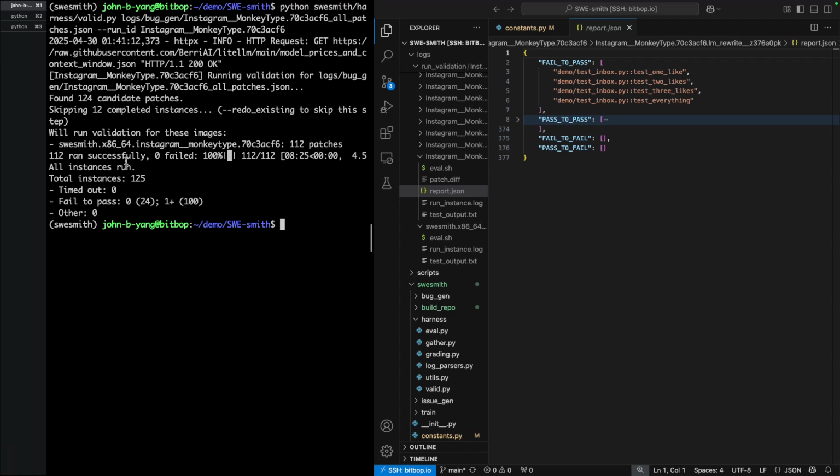At the end of this script, if it finishes running, it'll show you some fast facts. So it'll show the total number of instances run. I think this might be an off by one error. It should be 124. And sometimes the test might time out, which means that